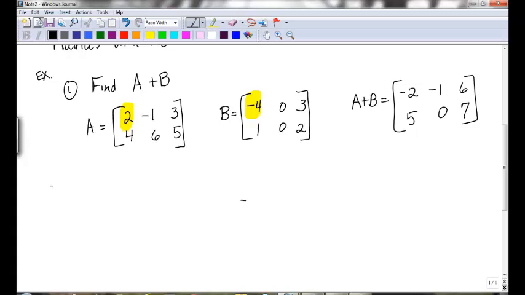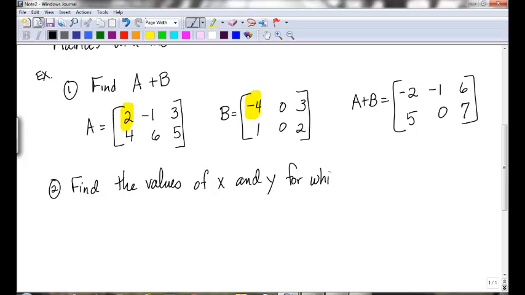Okay. The next thing the author is going to do is they will give you a problem like this. And the directions say find the values of x and y for which the matrix equation